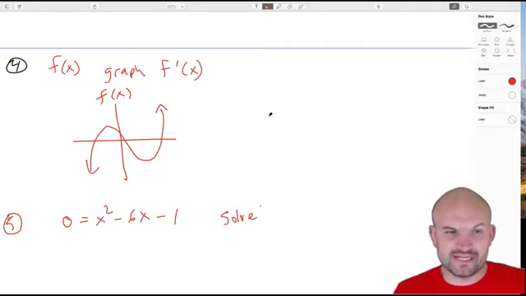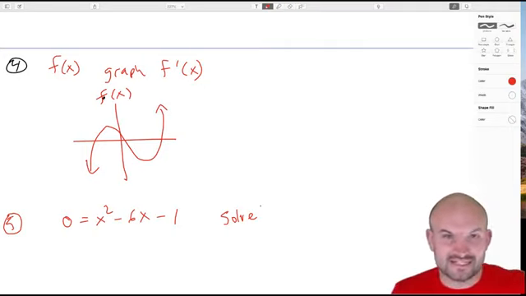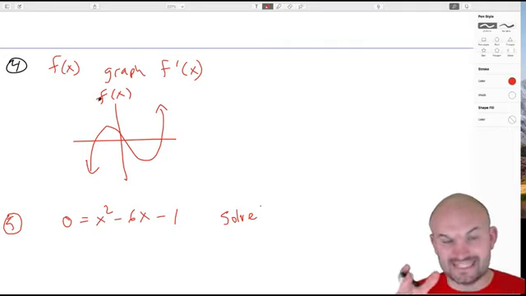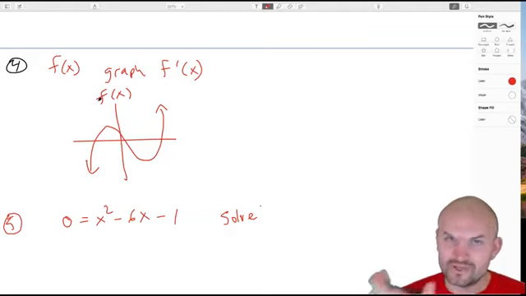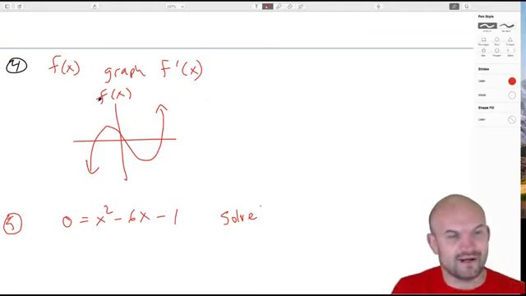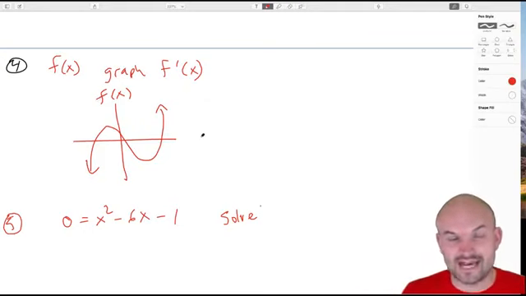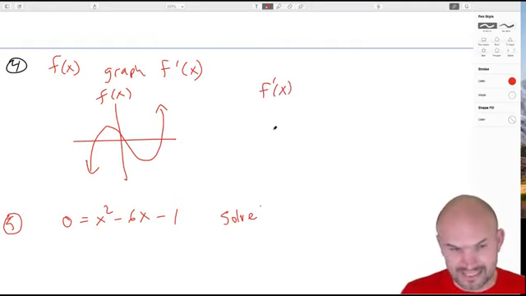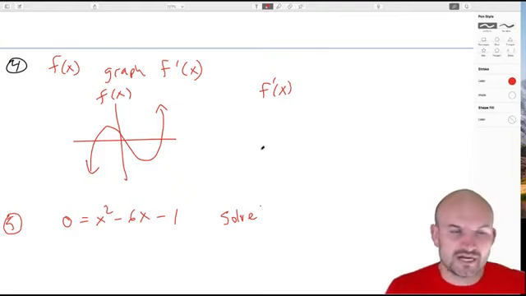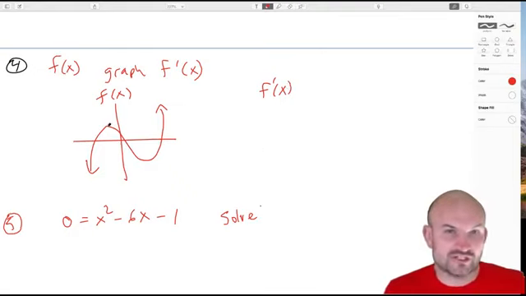There's a couple things that we need to understand. Remember, here's f of x. This is like your distance or position with respect to time. If you're thinking about it that way, you can think of this as your position with respect to time, whereas f prime of x is going to be the rate of change of the position with respect to time. There's a couple key points that we want to make sure we understand from f of x,